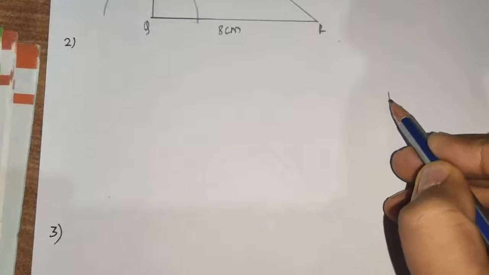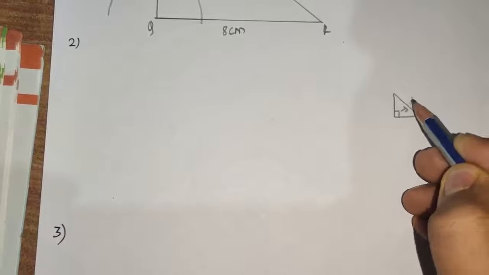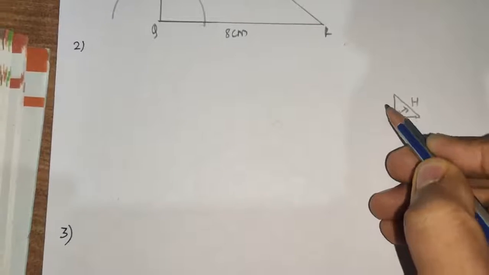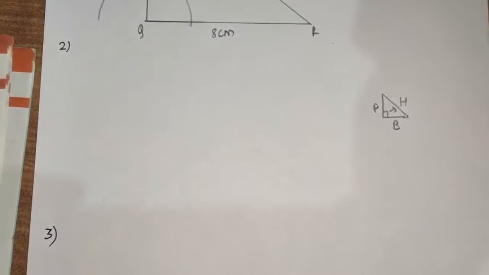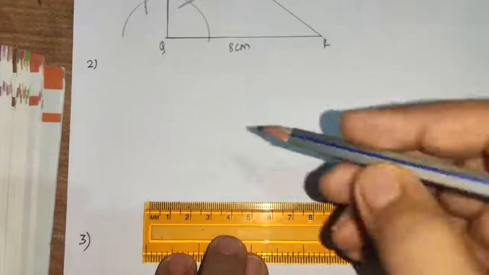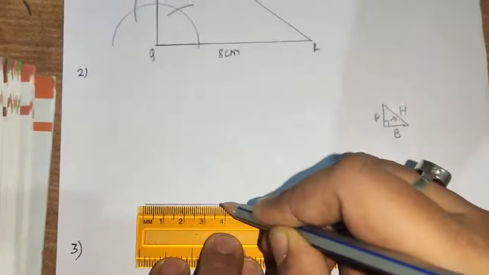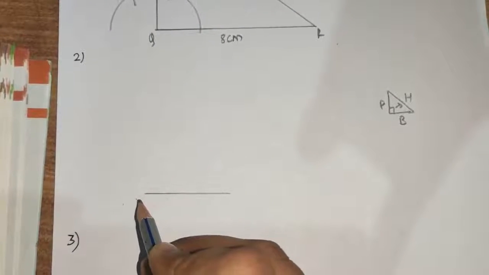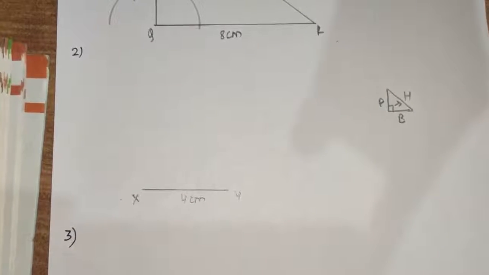Here it is given hypotenuse. First of all you are required to know that the side which is opposite to the 90 degree is called hypotenuse and this is called base and this is called perpendicular. So the side which is opposite to the 90 degree will be its hypotenuse and which is 6 centimeter long. So first of all we will draw a leg which is 4 centimeter. So this is the leg which is 4 centimeter in length. And then we can name it as X, Y and we can write it as 4 centimeter.